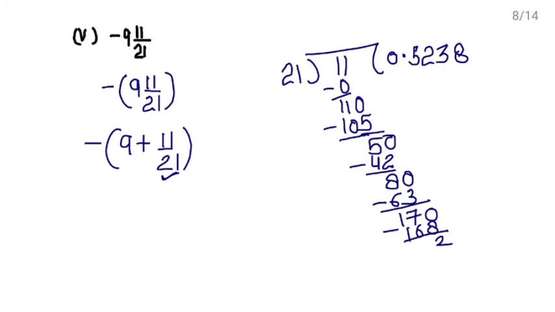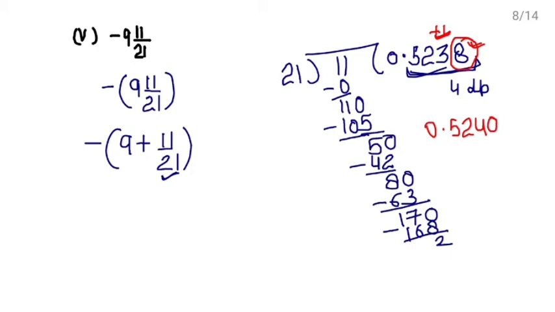Now we don't need to calculate it further because we have calculated till the 4 decimal places. Now this is up to the 4 decimal place, but we want to calculate to the 3 decimal places. So we will round off at this place. Check the right digit. Right digit is greater than 5 now. So this 3 will be increased by 1. So it will become 0.524 and this 8 will be replaced by 0.